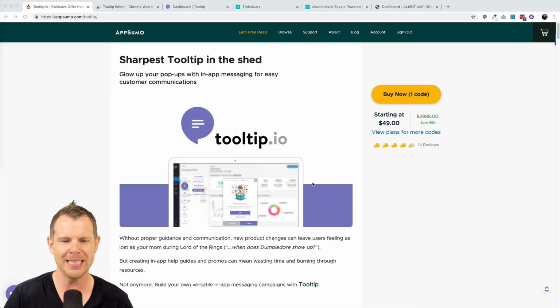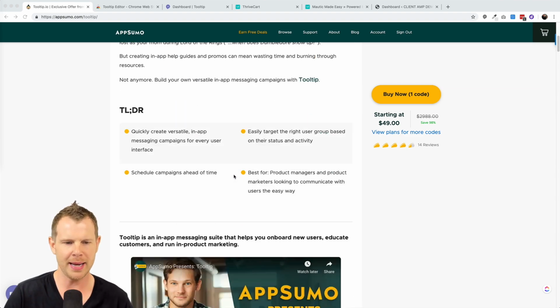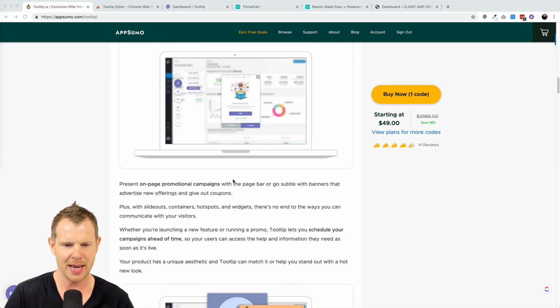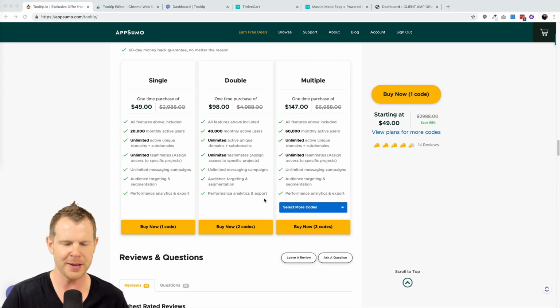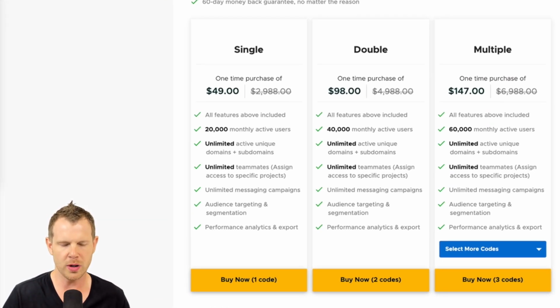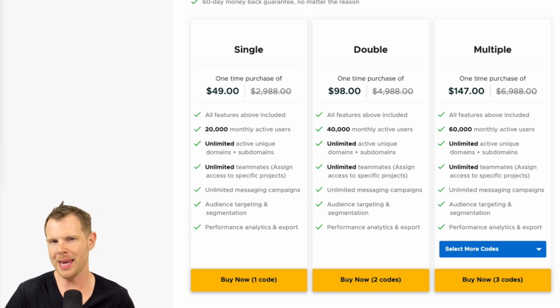This is AppSumo's deal page for Tooltip. 49 bucks is the entry price, and you can see the sales page as I scroll along to the pricing plans here. So the way that this is going to work is $49 is going to get you 20,000 monthly active users. Now you can use Tooltip on as many websites as you like. You can create as many campaigns using Tooltip as you like, but you'll be limited to those 20,000 monthly active